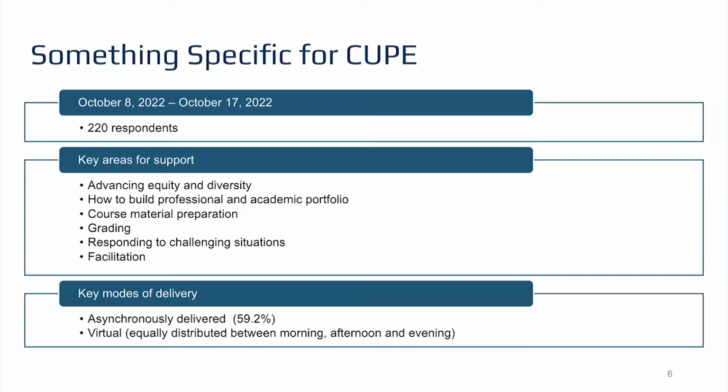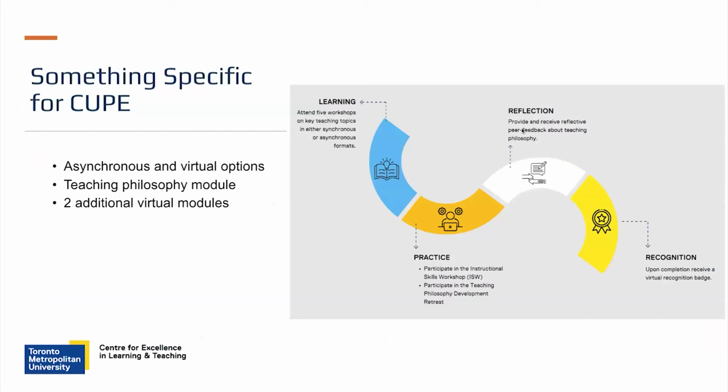Jenny, you can switch the slide for me, please. So here's what we got. We developed a pathway. So that includes 4 key areas that you go through. And at the end of going through all these key areas, you get a badge, so you get that recognition. So I would say probably 3 key areas, and then the 4th is this recognition.